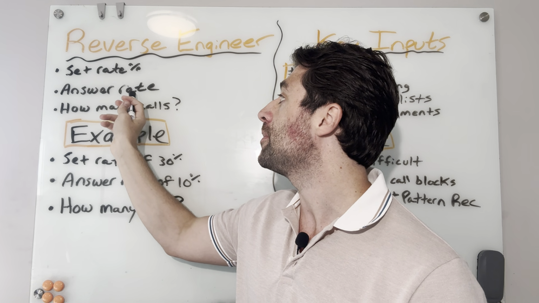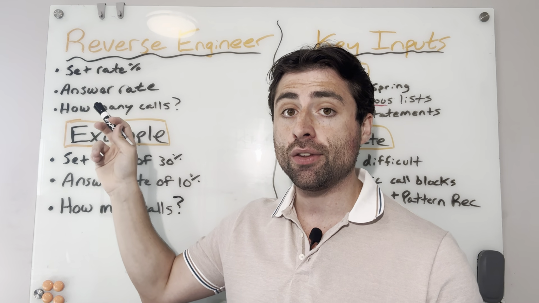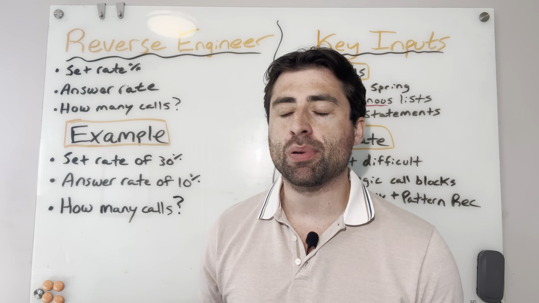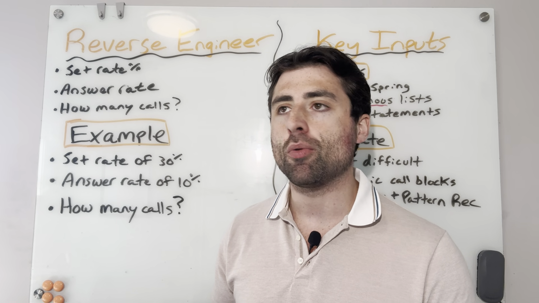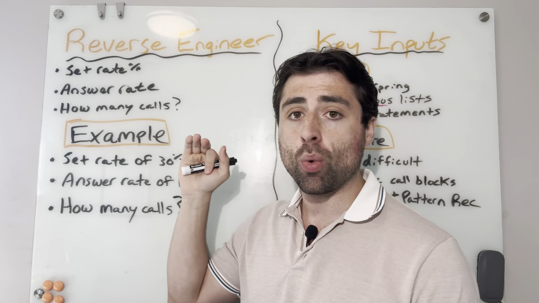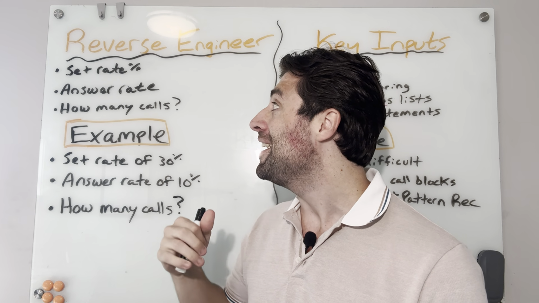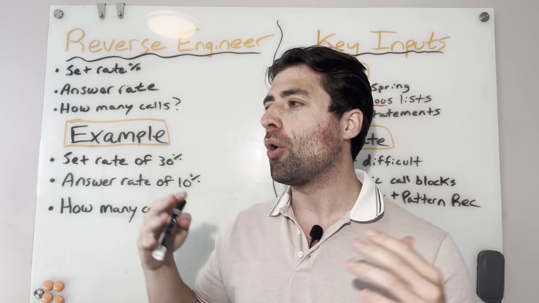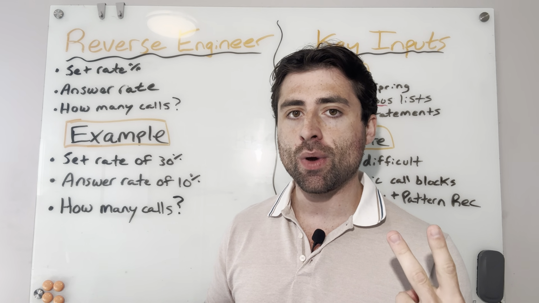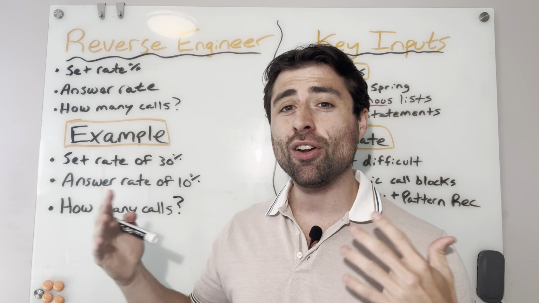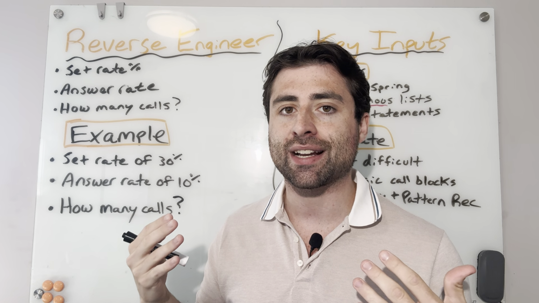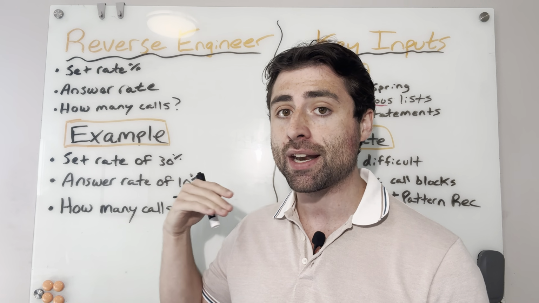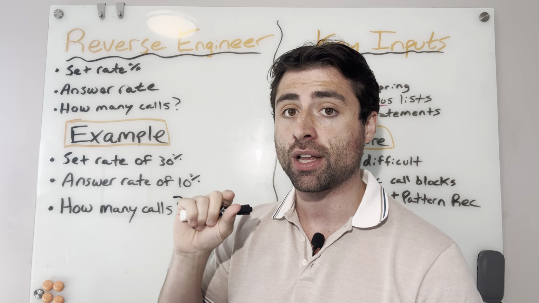size where you'll be able to determine what your typical answer rate is over the course of 100 calls and what percentage of those you're able to set, because you can't improve something if you don't measure it. It's really hard to know whether you're good or not if you don't track it. Like the difference between a 20% set rate and a 30% set rate over time, the difference between booking 2 out of 10 lives and 3 out of 10 lives, you might not even realize the difference unless you're tracking it, but one is a 50% increase over the other. That's going to dramatically improve your results, even though it might feel like a small improvement.